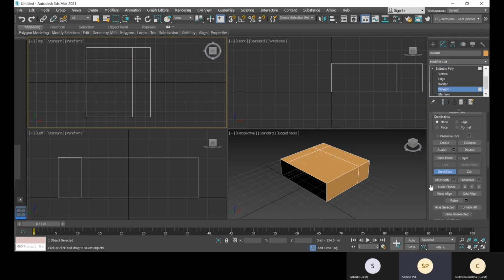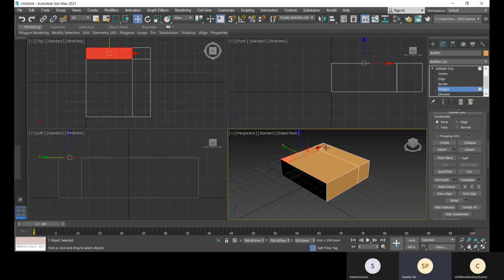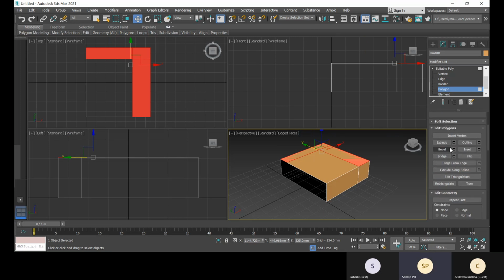So now click, make sure you exit from this quick slice, otherwise you will create another slice which you don't need. Now I'm in the polygon, so I'll select this polygon and I will extrude. I will extrude with this default 254.